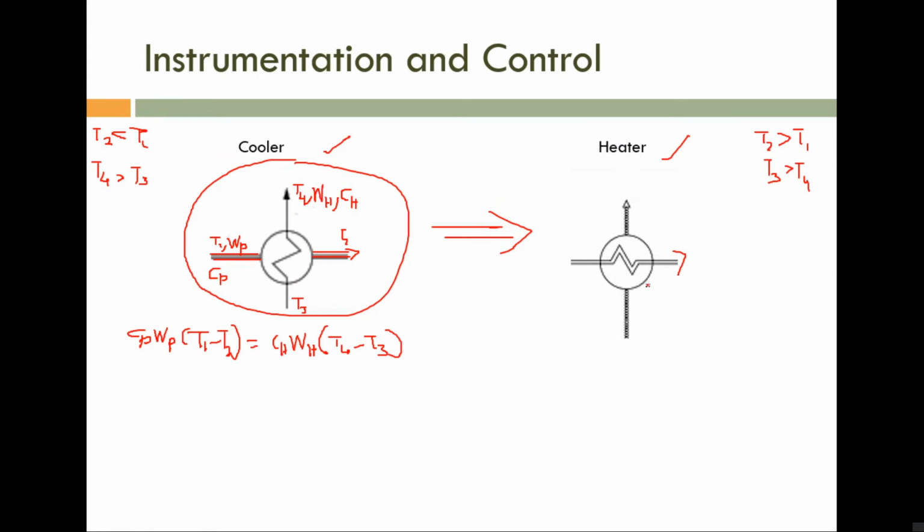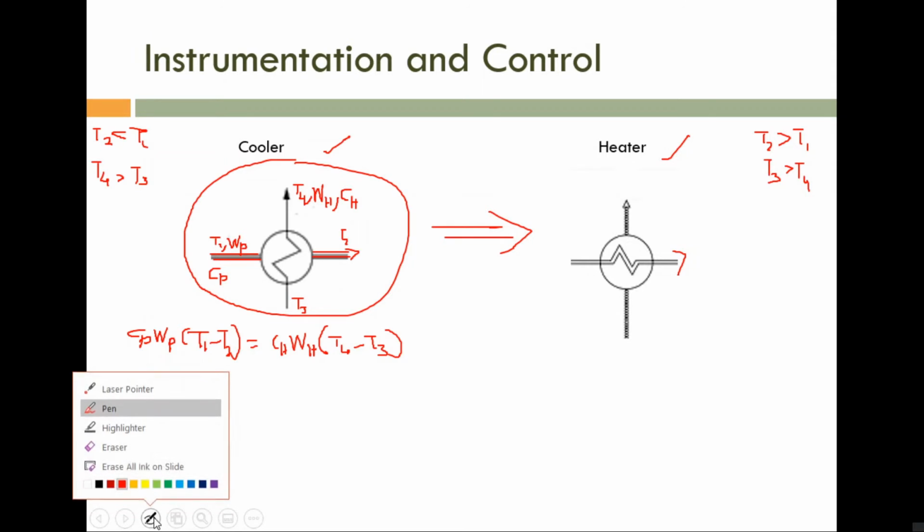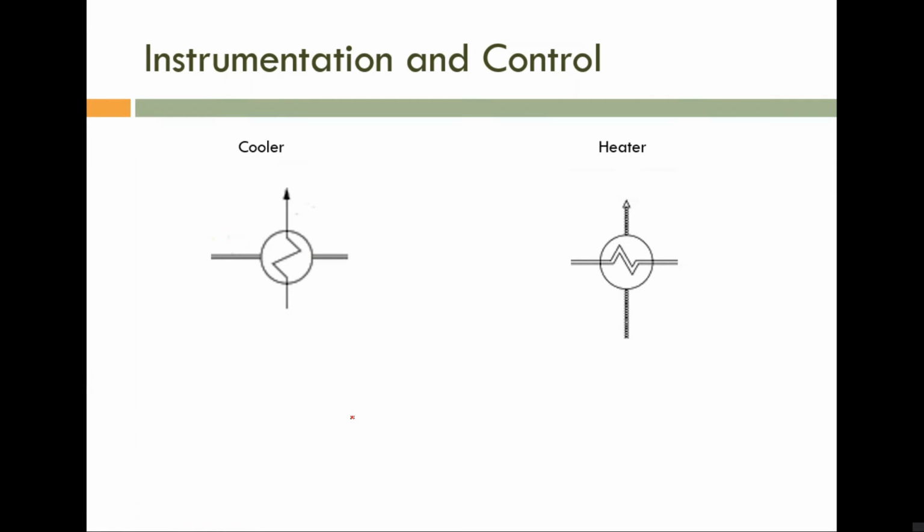Is it okay? Then what are the similarities? These two have the same number of degrees of freedom, the same number of independent variables. Both are represented by using the same process equation. Is it okay? So these are the similarities. Okay, so I am concluding this slide.